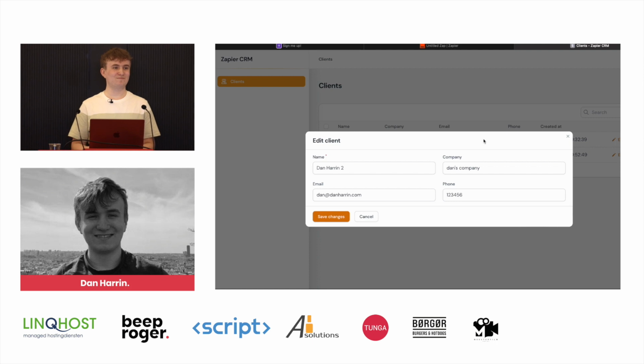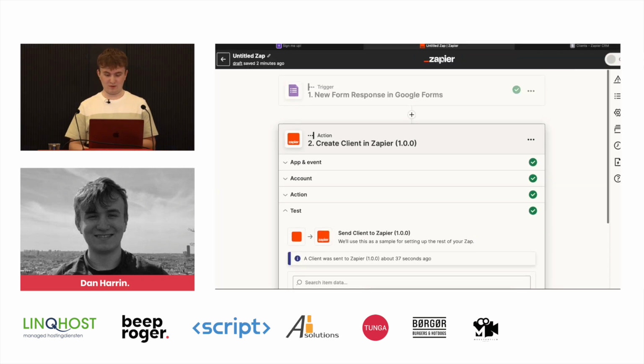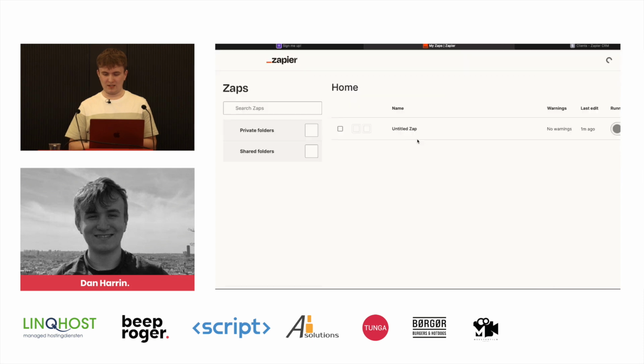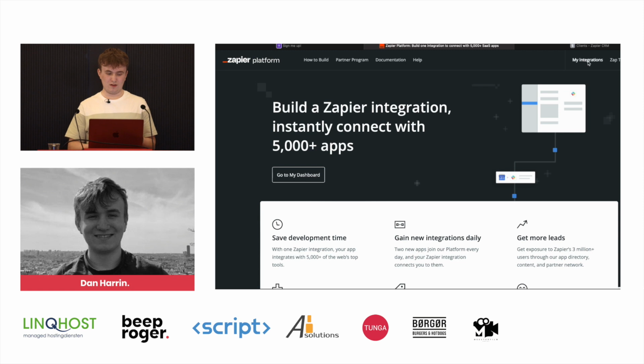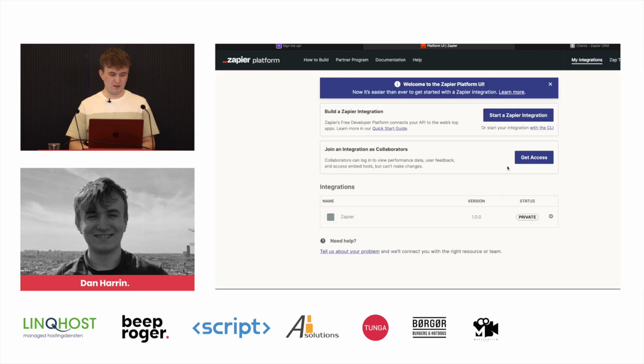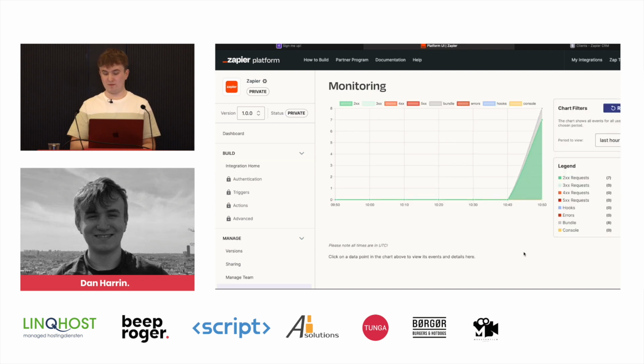Yeah. So how does error handling work in this specific example? Yeah. So Zapier has an integration dashboard on the developer platform site. And the integration dashboard actually gives you quite a lot of information about how your integration is being used. So there's a monitoring tab here. And what this is doing is it's showing you which sort of errors you're receiving back from your API. And it actually logs the errors sometimes. If there are 500 errors, then it should log the response and any errors.